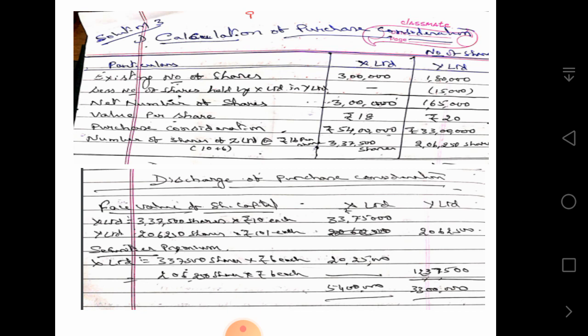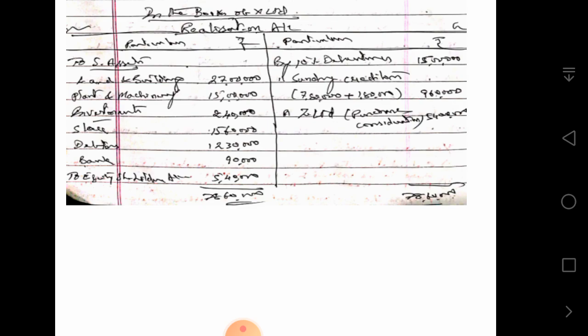So total purchase consideration is paid like this: 54 lakhs and 33 lakhs are paid in this format. In the books of X Limited, a realization account is to be opened as I told you earlier. Sundry assets, land and buildings, to be taken. Land and buildings 27 lakhs and 27 lakhs. Plant and machinery 15 lakhs, investments 2,40,000, then stock 15,60,000, debtors 12,30,000 and bank balance 90,000, and debentures are also taken. Debentures are 15 lakhs and sundry creditors are 7,80,000 given in the book,